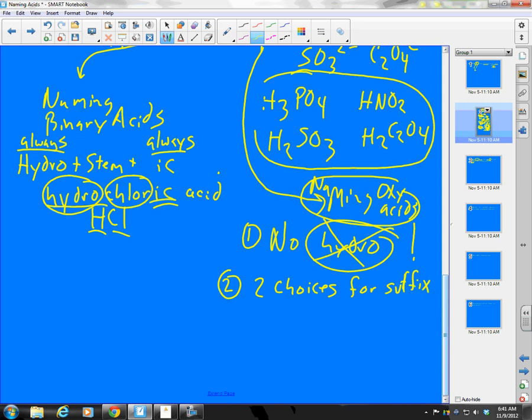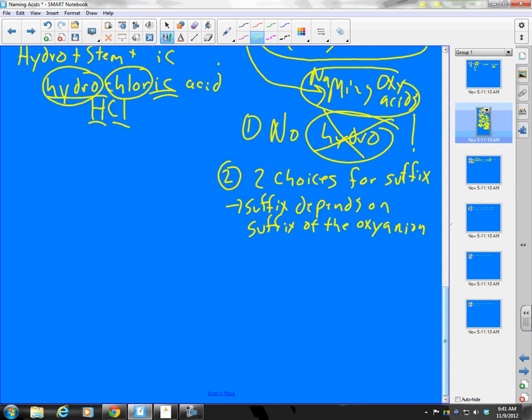And the suffix depends on the suffix of the oxyanion. So that means I look at the oxyanion to determine my suffix for my acid. Remember, my oxyanions end in either ate or ite, right? Like chlorate or chlorite,